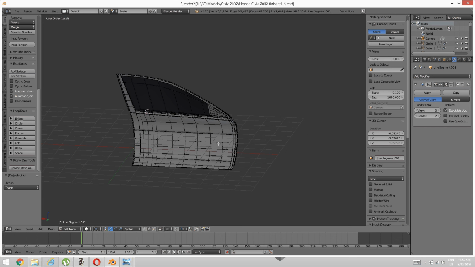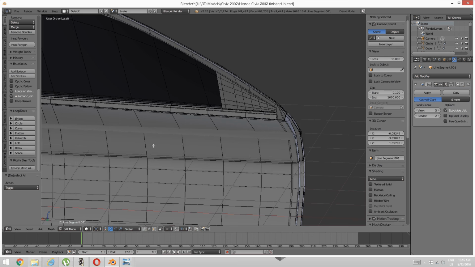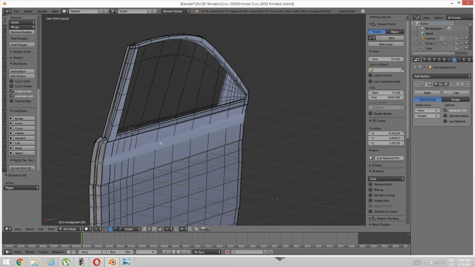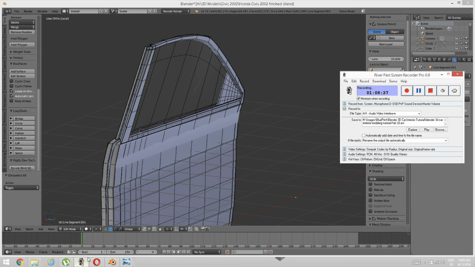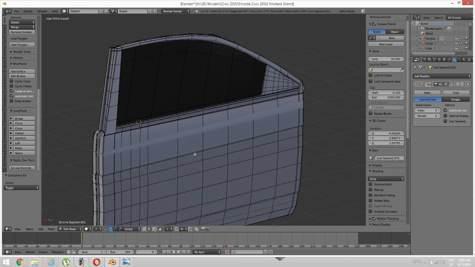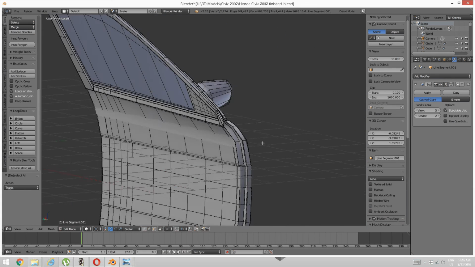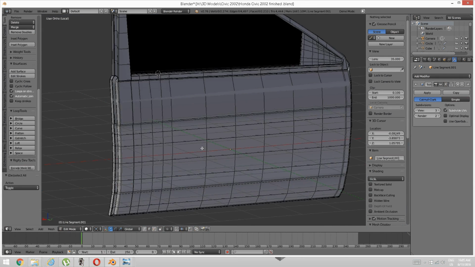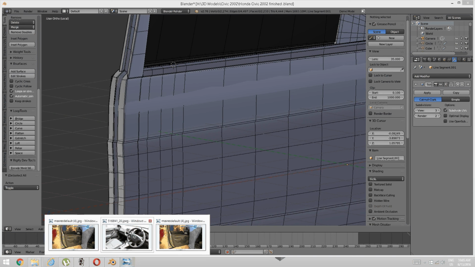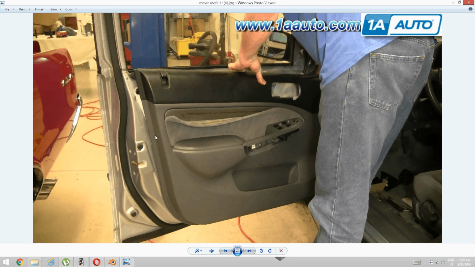So that took approximately an hour and a half. But yeah, I guess that's it with this tutorial. That shows you basically how to do the inside of the car door frame. On the next tutorial we're going to be working on this frame piece right here that comes out right here, I think, and